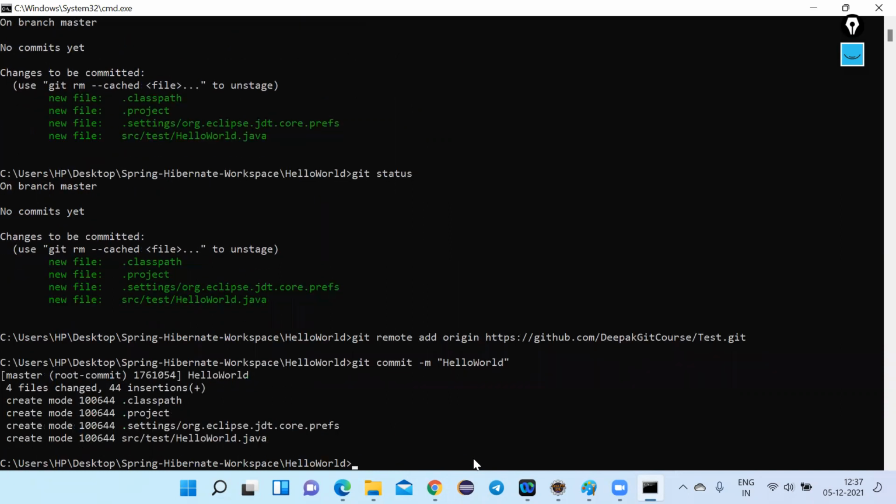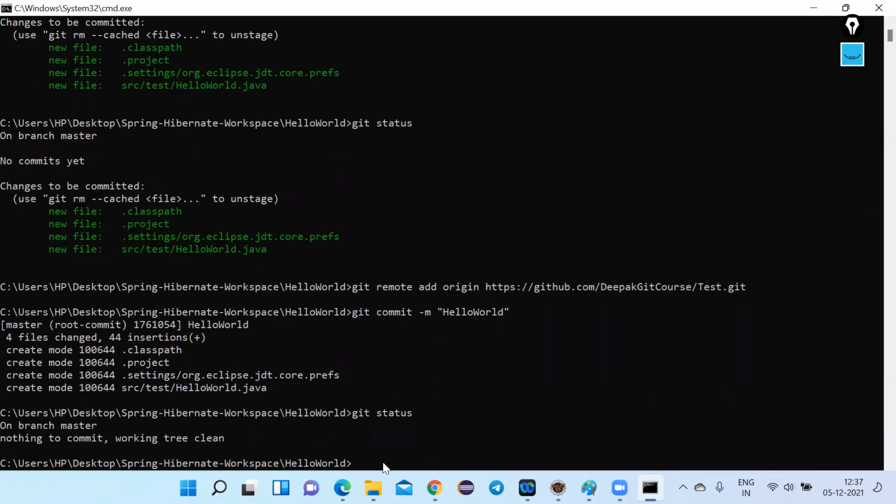Now hit enter. So it has committed the file. Okay, so now git status. Nothing to commit on the branch master.